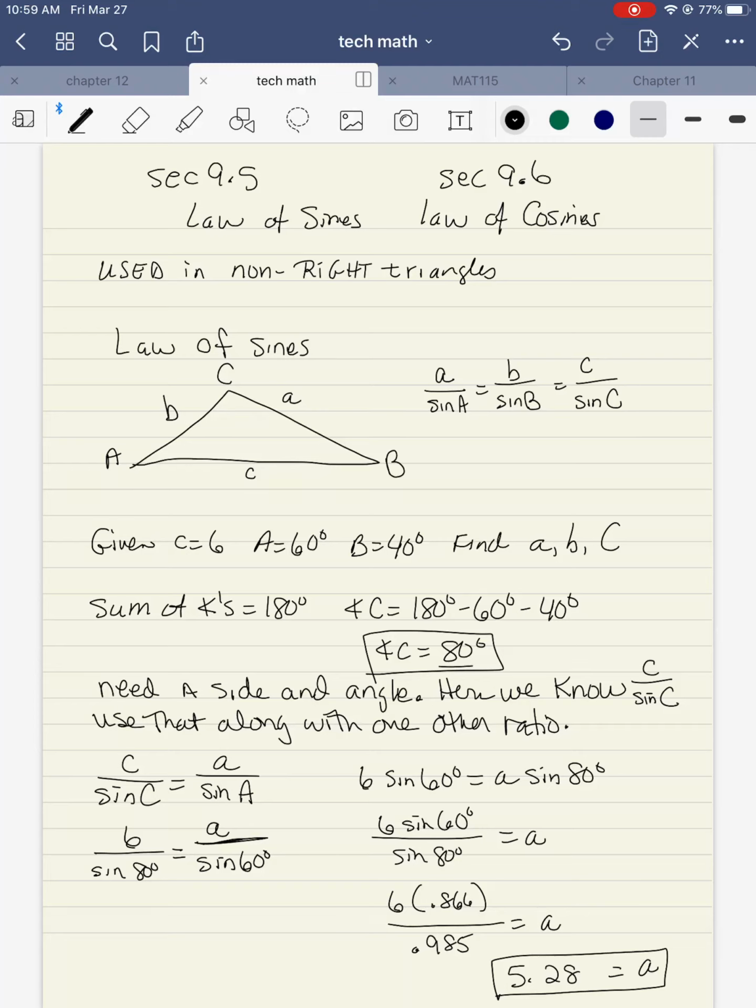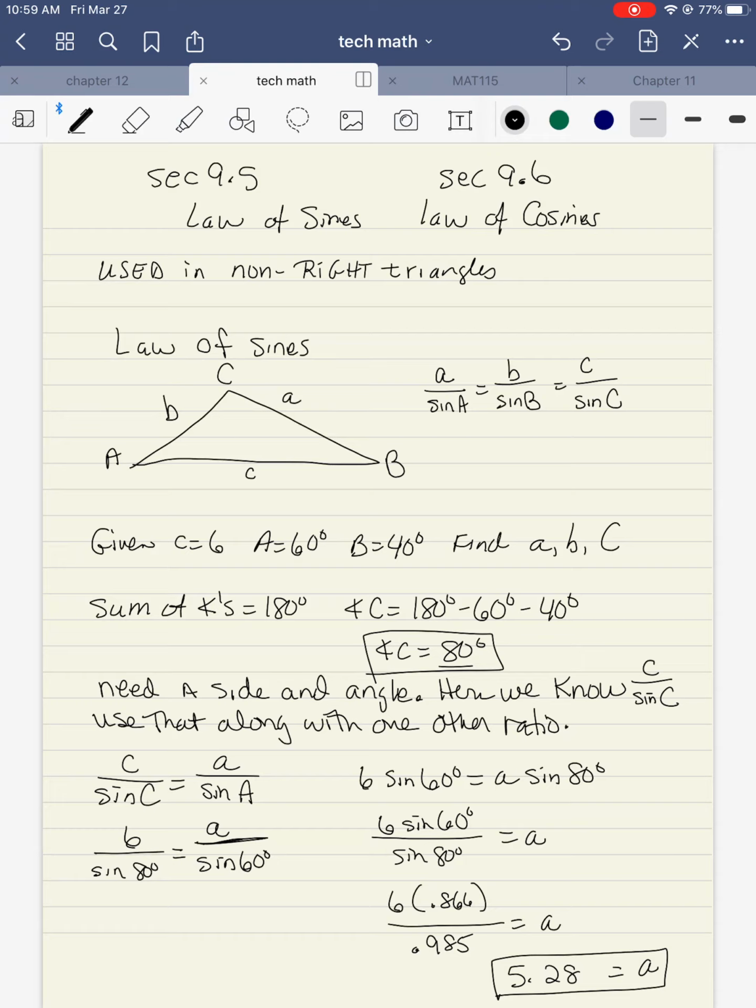Section 9.5 talks about the law of sines, and section 9.6 talks about the law of cosines. Both are used in non-right triangles. Your sides are still labeled basically the same. You label an angle, and the side is across from it. So if you do an angle in standard position here, you have angle A, side A, angle B, side B,